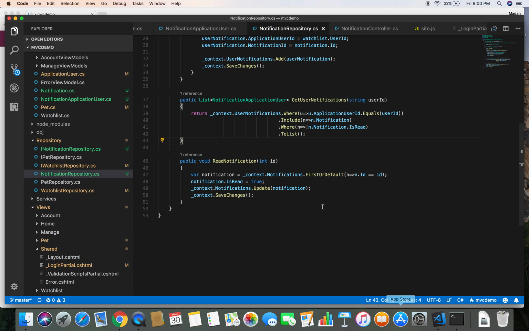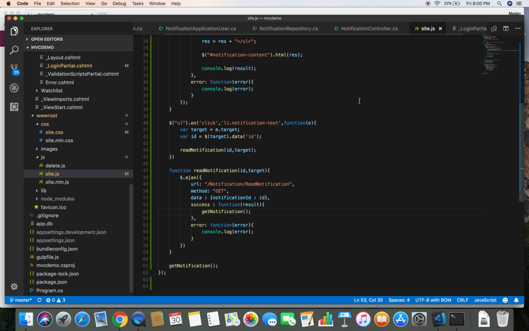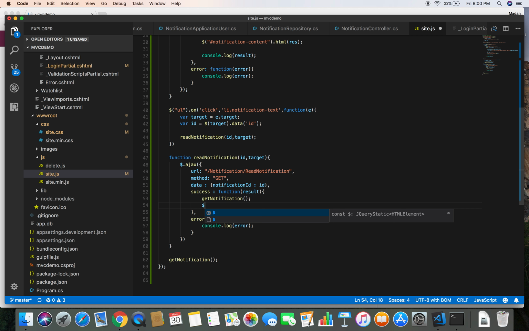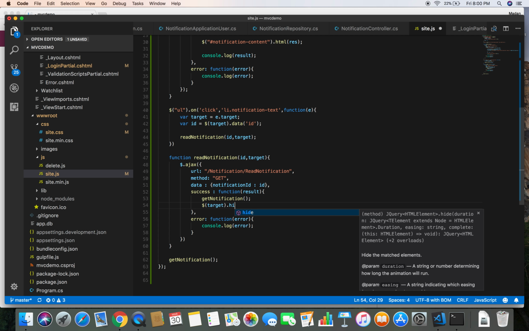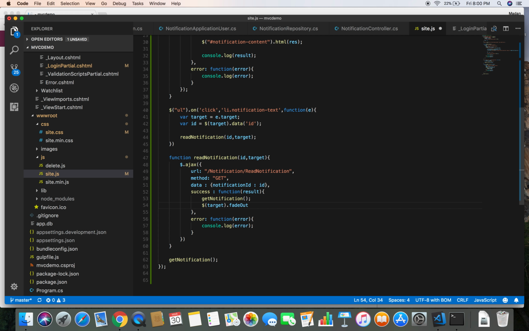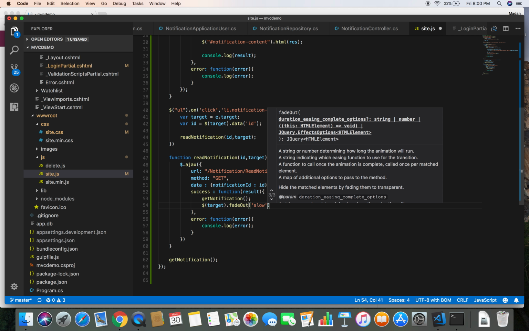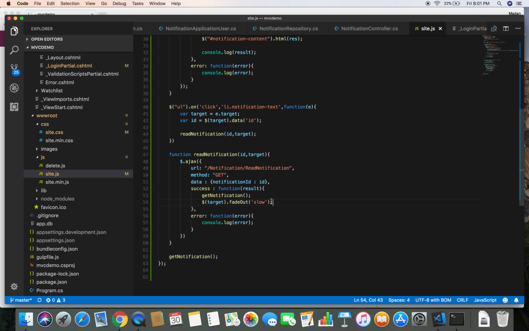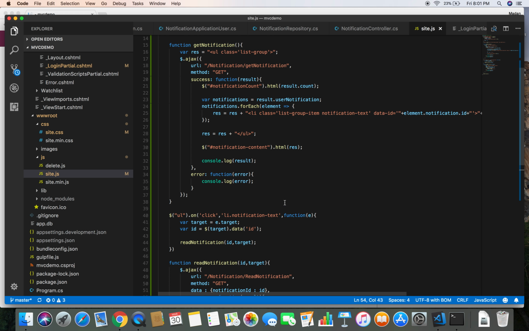So let's do that. To remove the list that is currently clicked, we have a target, and we can use the jQuery function. We have target dot fade out, and we can pass options here. So let's just pass slow, and it will animate the element, and it fades out slowly. And another thing is